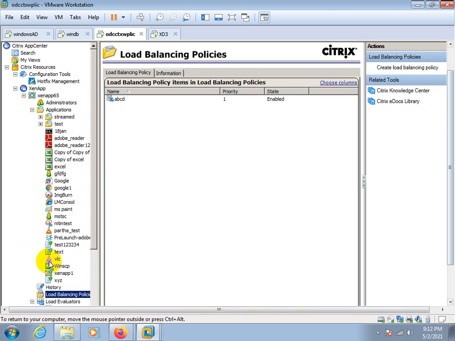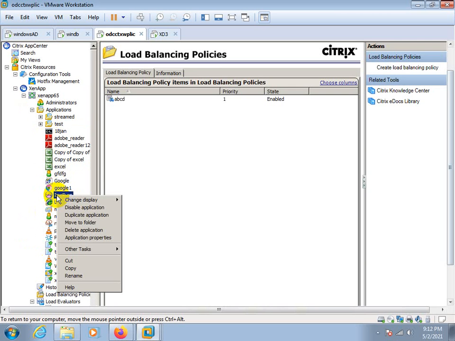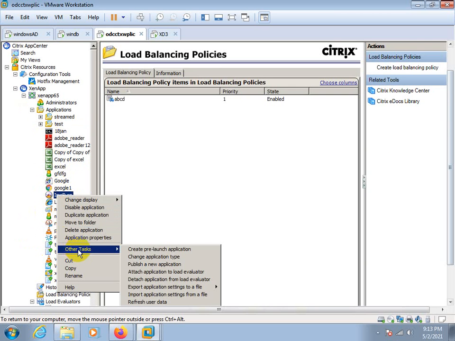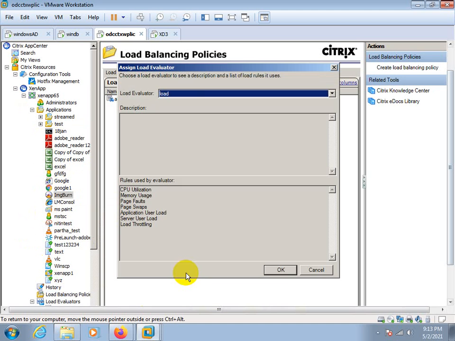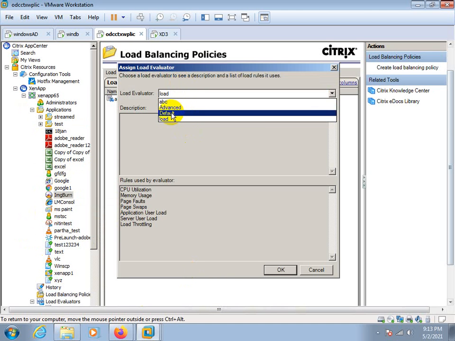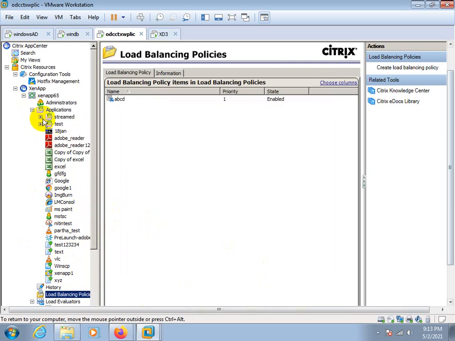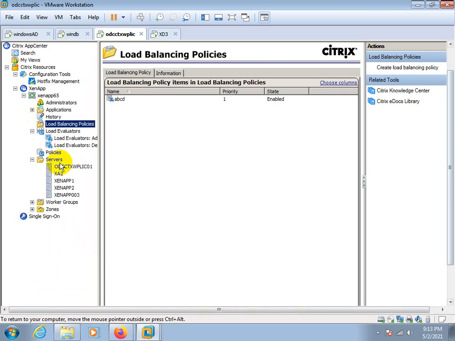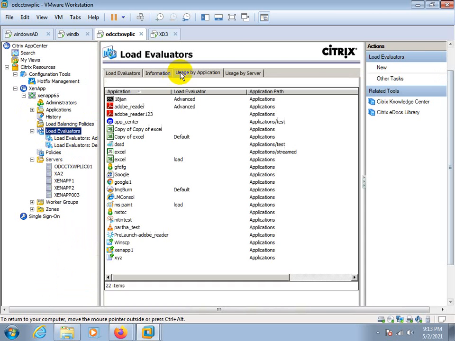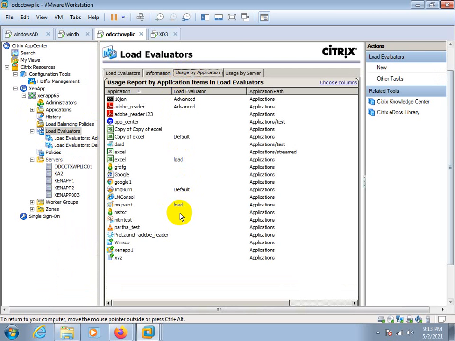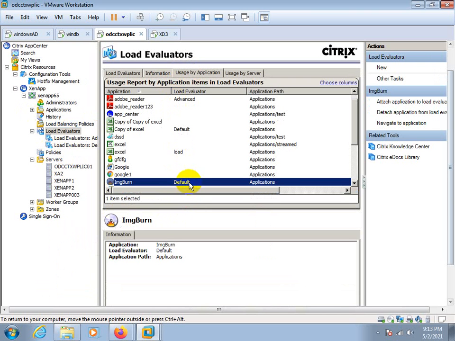Go to the application, right click on the application, other tasks, and attach application to the load evaluator. Select the load evaluator, click OK. If you want to check, go to the load evaluator, used by application, and here is the result.